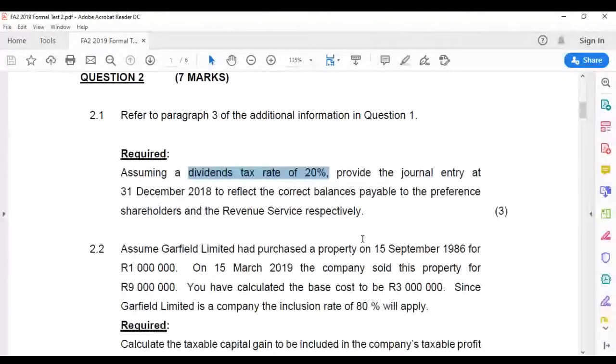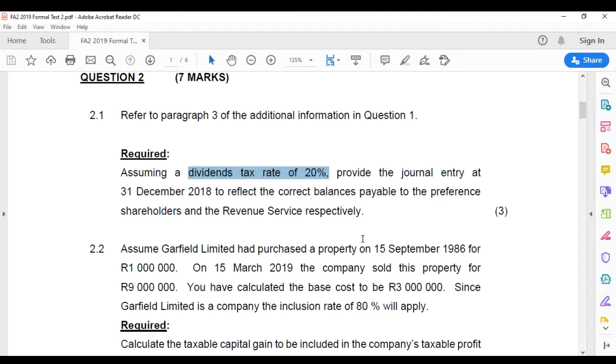Increase or decrease the liability? Less. We're going to pay them less because a portion. Thank you, Sinevuyu, Millicent, Erasmus, Lorenzo. You're all correct. We are not going to pay them the full 50,000. We're going to pay them less. We're actually only going to pay them 80% of the 50,000 because 20% will have to be paid over to